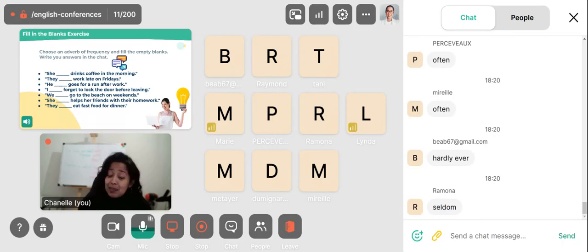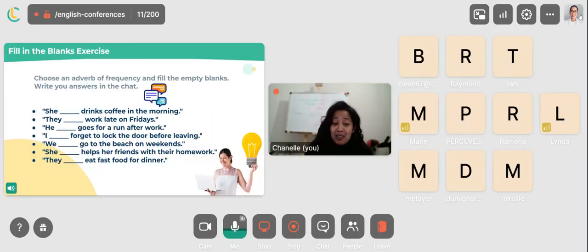Ramona says seldom. Beautiful. They eat fast food for dinner. Never, never, never. Rarely. I love this. Sporadically. Beautiful. We are trying all the other adverbs. Occasionally. It's a good one. So, as you can see, there are many adverbs that we can use when we are